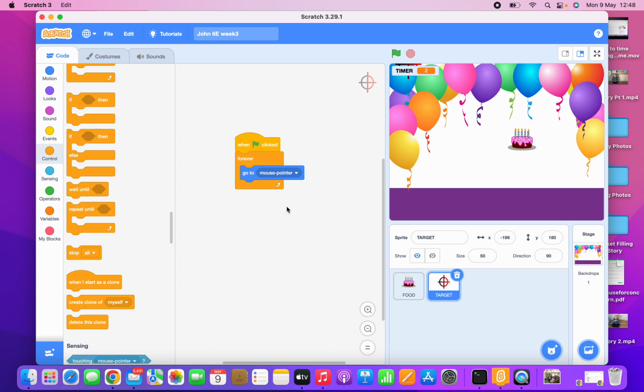Where were we up to last time? We got the target to move. We've renamed the food, and we've gone through all the different costumes that you can add, and we changed the background. Okay. We used a variable to create a timer, and I thought when the time runs out, what we